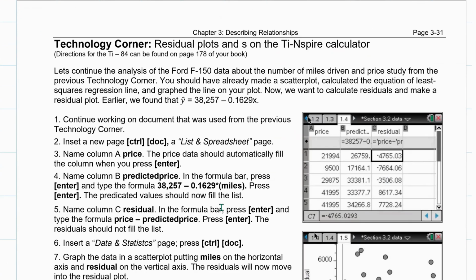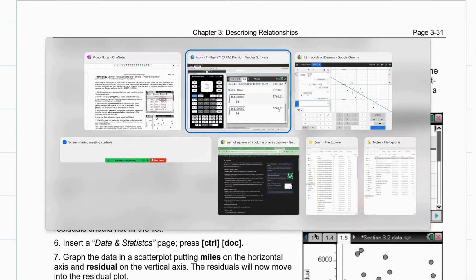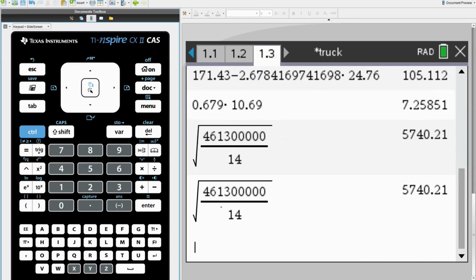We already have our data in our calculator. Now, the calculator has gotten better in the time that we've made these notes. We are no longer going to do this. I'm going to show you how we can get at the residuals more directly and create those residual plots. So, if we go to the calculator, all right,